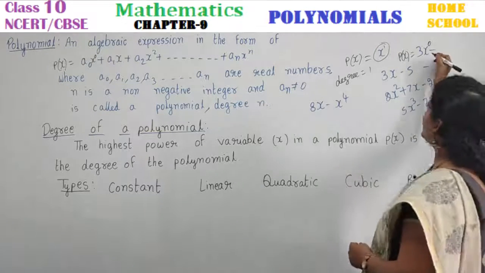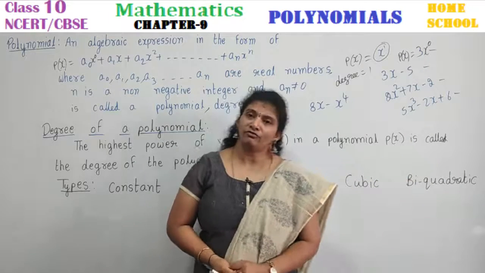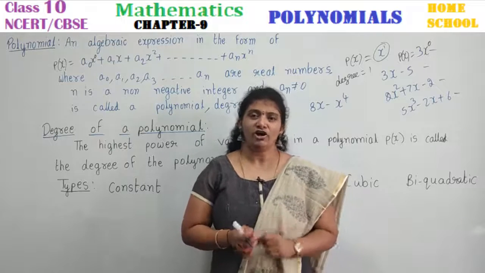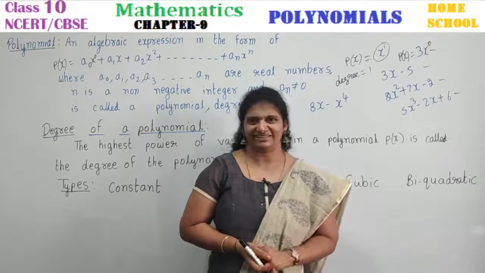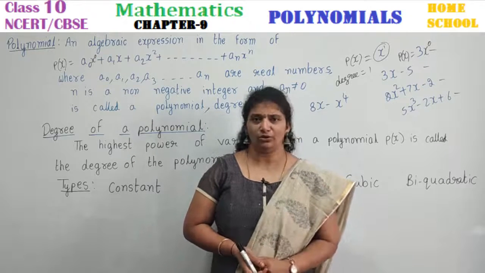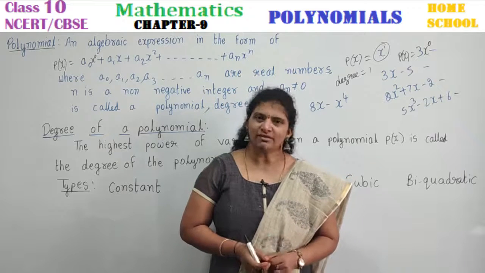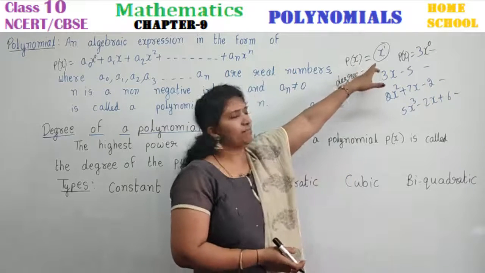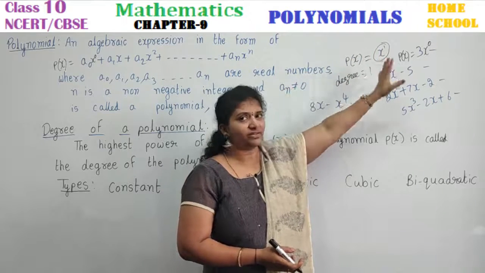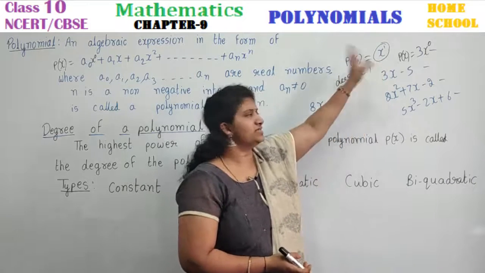So, what is this type of polynomial we call? We call that type of polynomial a constant polynomial. Constant polynomial, it doesn't change. When in your polynomial, if your highest power is 0, then that type of polynomial is called a constant polynomial. First example we have seen, power is 1 and only one power there, that is the highest power. That is, the degree of the polynomial is 1.